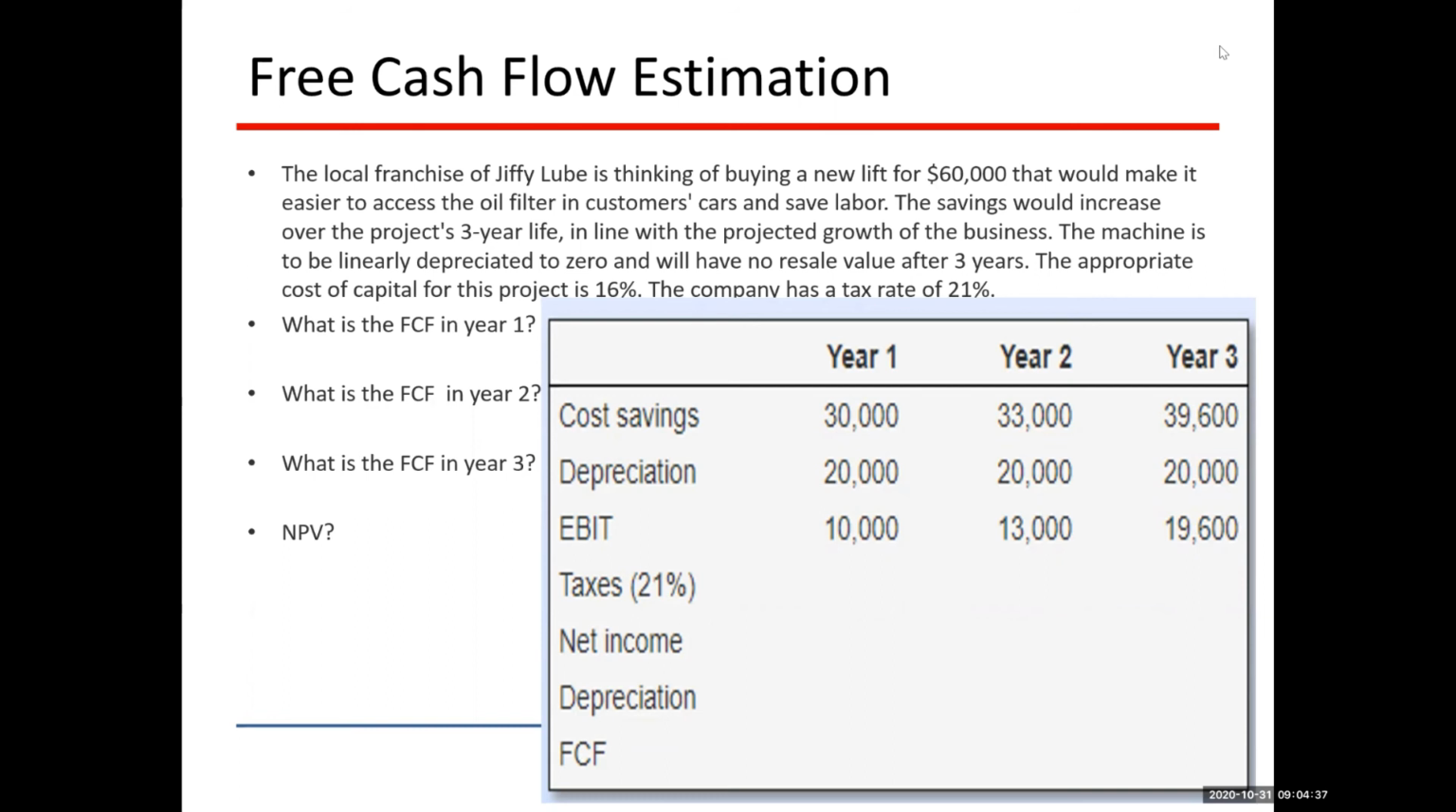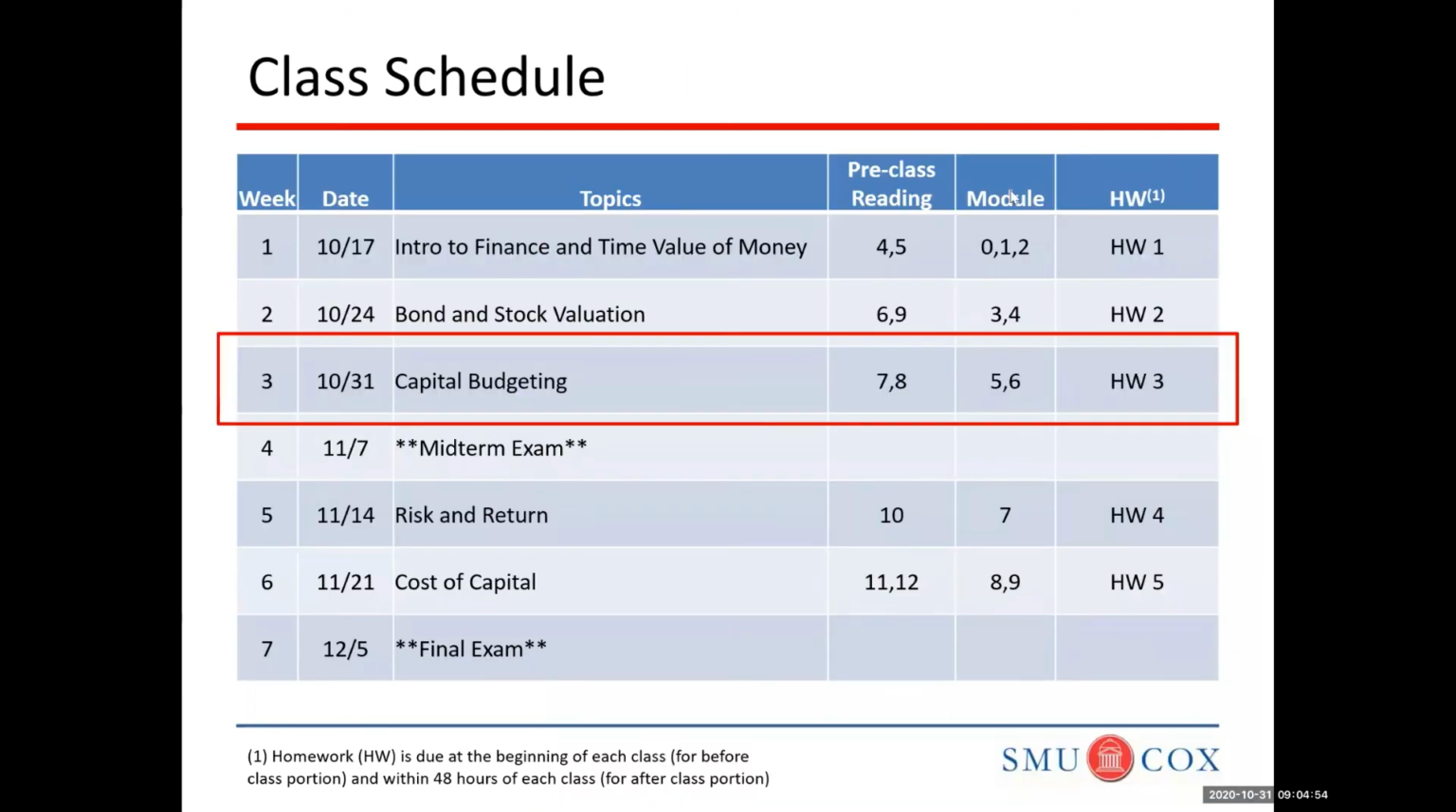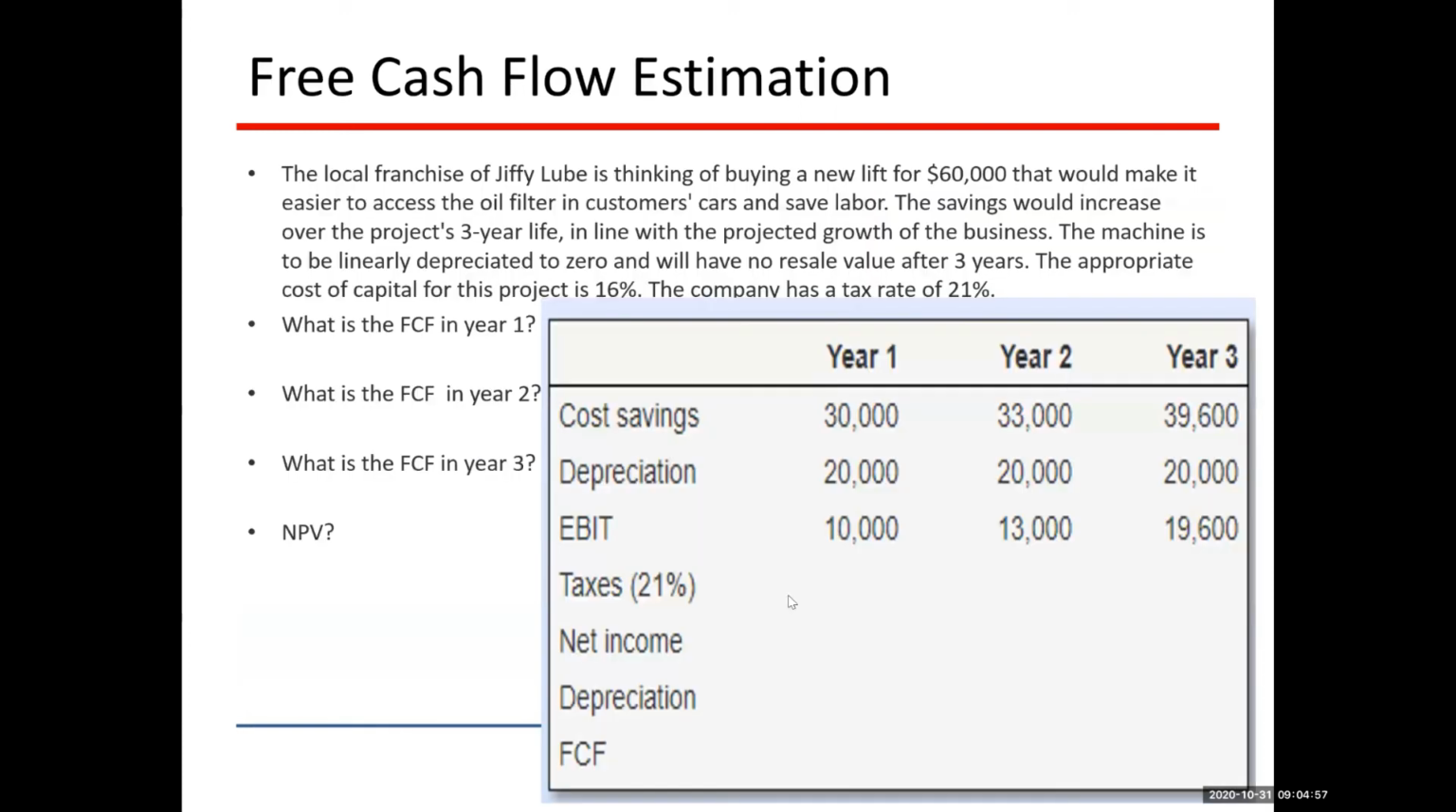But let me warm us up and solve this quick problem here. It's just an introduction to free cash flow valuation. The local franchise of Jiffy Lube is thinking about buying a new lift for $60,000, and that would make it easier to access the oil filter in customers' cars. The savings would increase over the